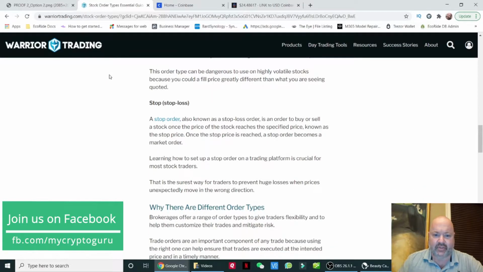A stop loss, stop limit, stop market order. A stop order, as it shows here, is also known as a stop loss order. It's an order to buy or sell a stock once the price of a stock reaches a specified price. Well, that sounds like a limit order, okay? But what this actually does,